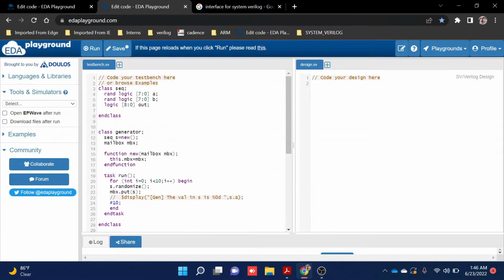So, hello guys. Yesterday we saw how to make a sequencer, generator and a driver, and we saw how the data is passed through a mailbox, and also we learned how to randomize the value. So in today's video we are going to see how to make an interface and connect that interface with your